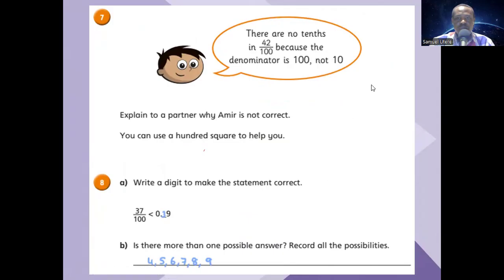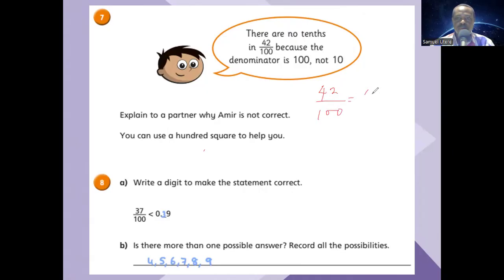Here are the answers. Here you were asked to explain to a partner why Amir is not correct. Okay, you can use 100 squares to help you. So here Amir is saying there are no tenths in 42 hundredths because the denominator is hundredths, not 10. Of course, remember that if we use 100 squares to do this, but I won't use 100 squares in order to keep this video short, 42 hundredths